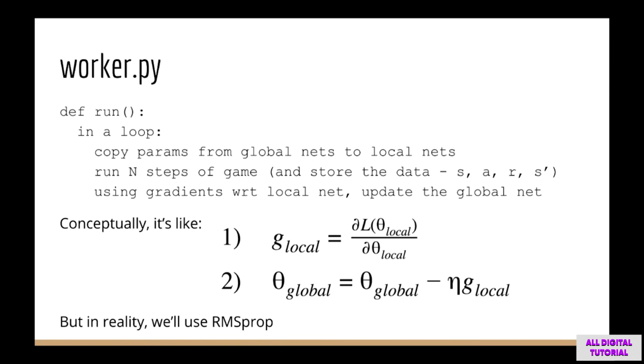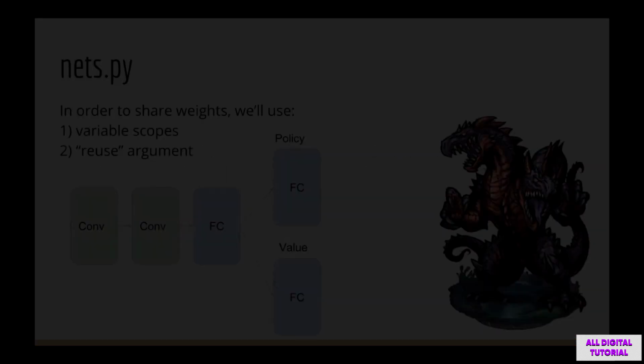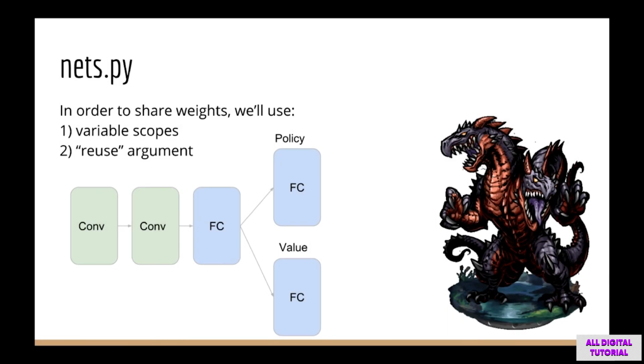The worker.py file is probably going to be the most complicated of the three, so you just have to wait and see what the exact details are. Just keep in mind each of the above steps will actually turn out to be multiple functions. The last file we're going to discuss is nets.py. This more or less just implements the policy network and the value network, although there are some important details to talk about before we dive into the code.